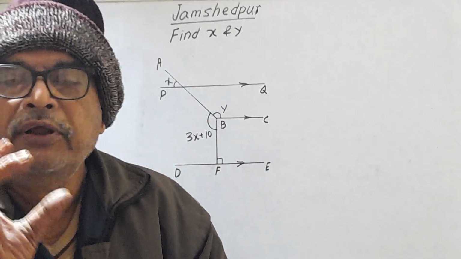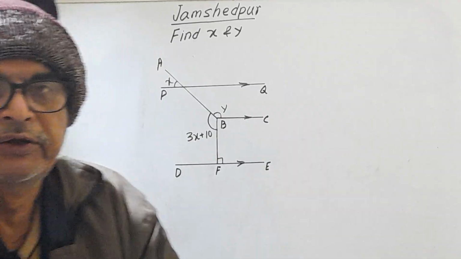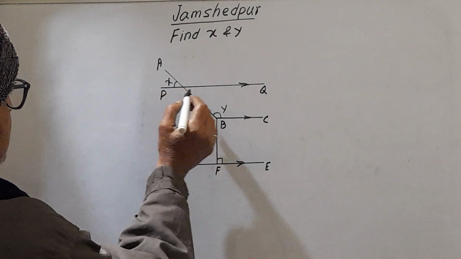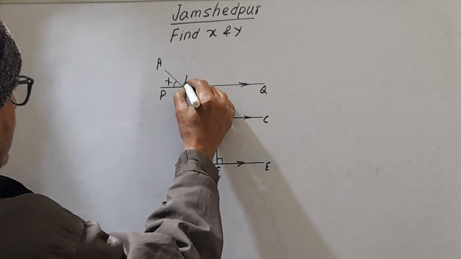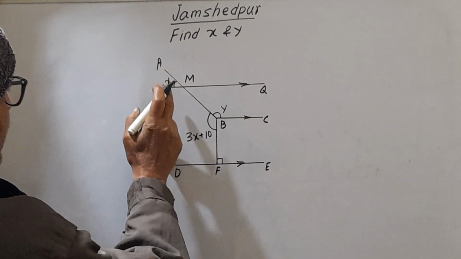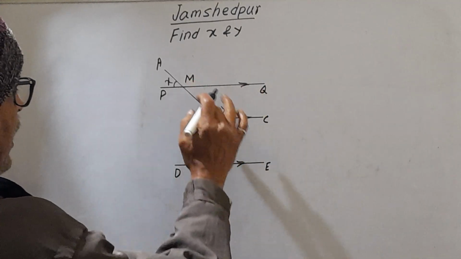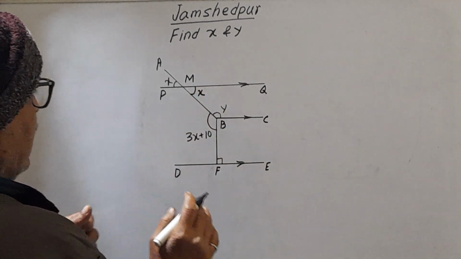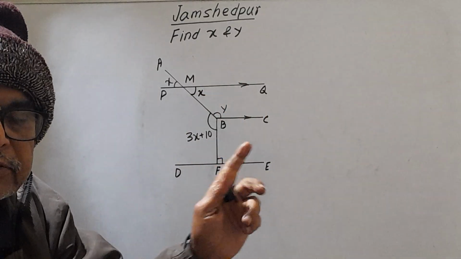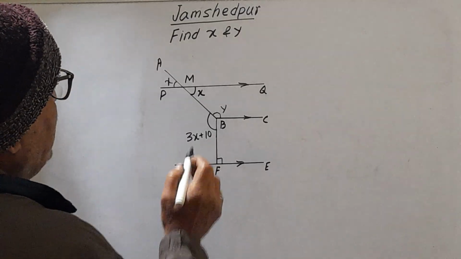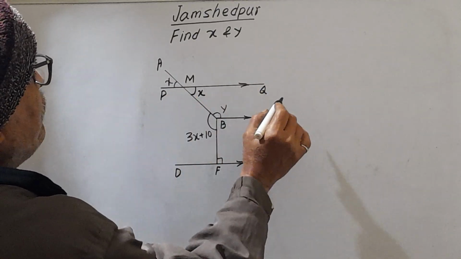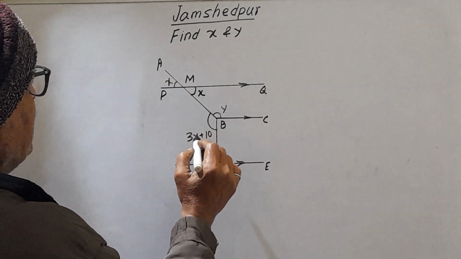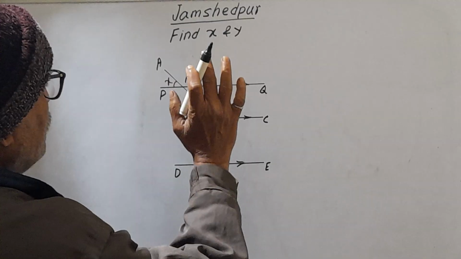Please you write in your page in right hand side. So now here when this angle A, this X, suppose this is M. Angle AMP equal to X, therefore angle QMB equal to X. This is the first point over, but they asking the numerical value of X and Y. Now you see this line that PQ parallel to BC in this time and this AB is the transversal. So X plus Y equal to 180 degree.